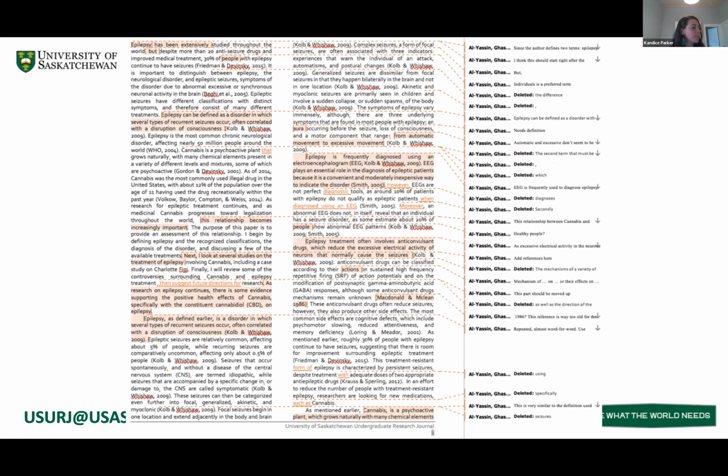So here's just an example of a peer-reviewed manuscript. You can see the reviewer made comments throughout the manuscript. This is quite a lot of comments. You might not get feedback like this at an undergraduate level, but this is something you might expect. And so what you have to do is just go one by one through each comment and respond to it and address them and make the appropriate changes.